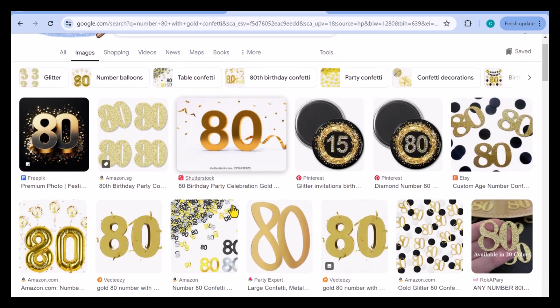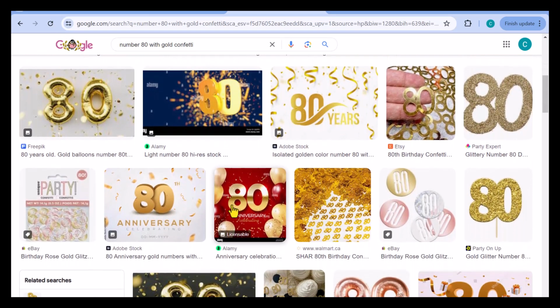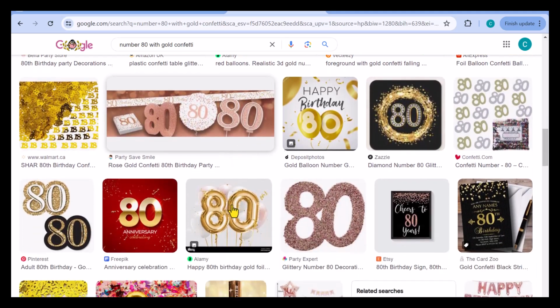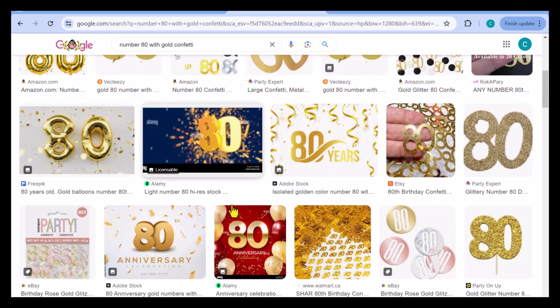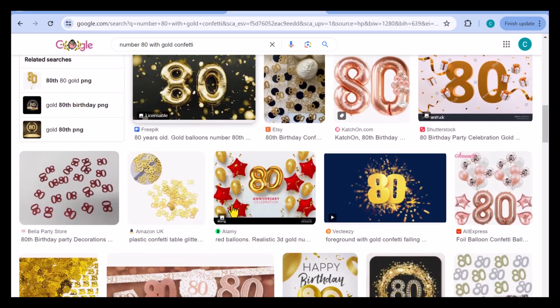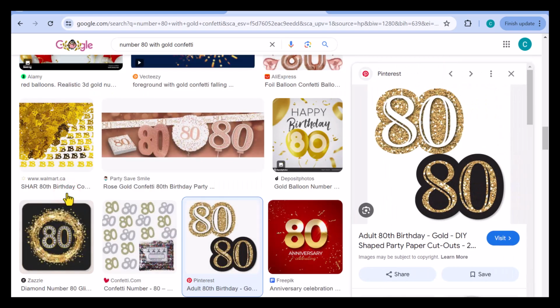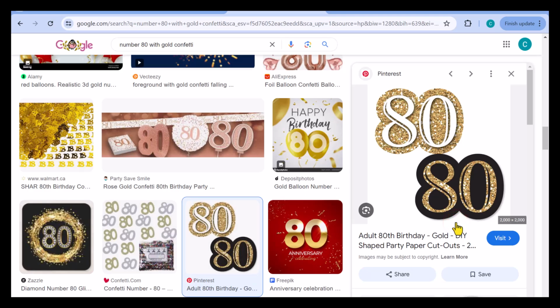I will do the very same, which is to scroll and see if there's anything there that catches my attention. In scrolling, at first I did not see anything, but just before I scrolled back up, I did identify this particular image, and I'm thinking that this would be a perfect fit for this invitation. Hence, what I'm going to do is open it, then right click and select copy image.